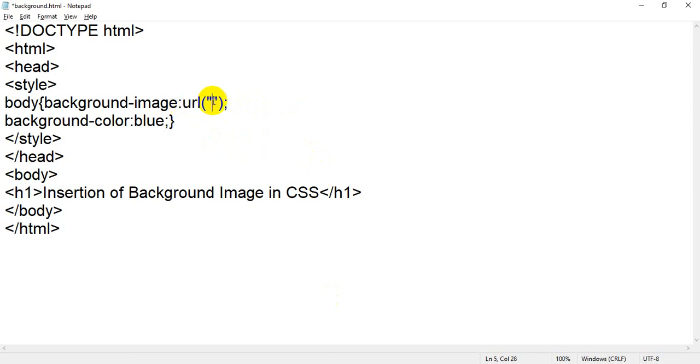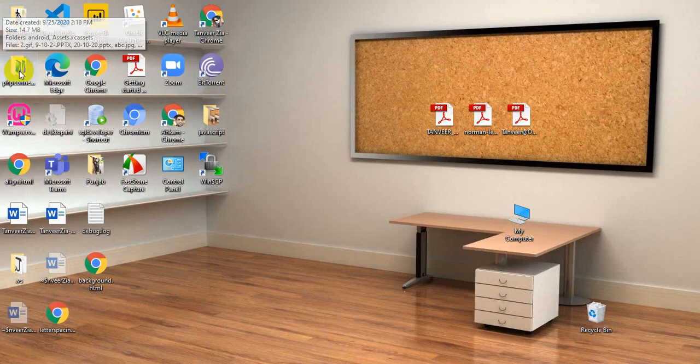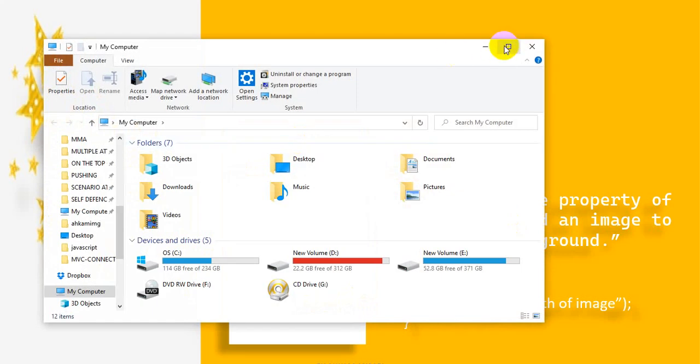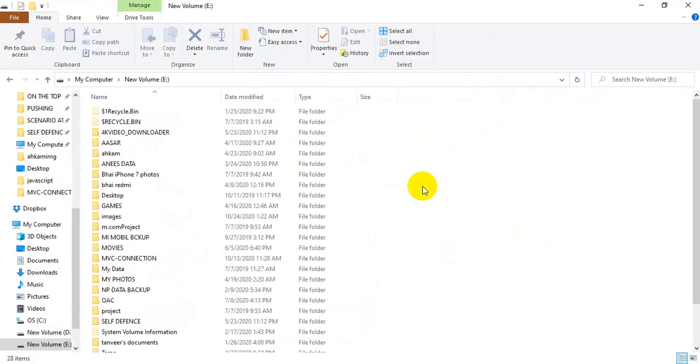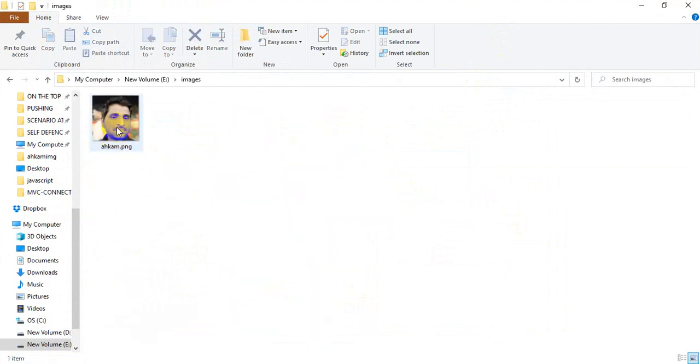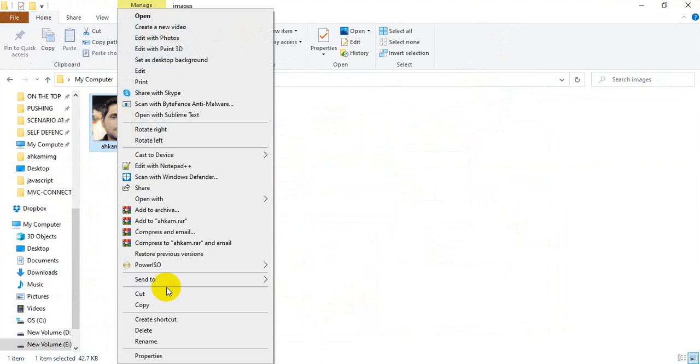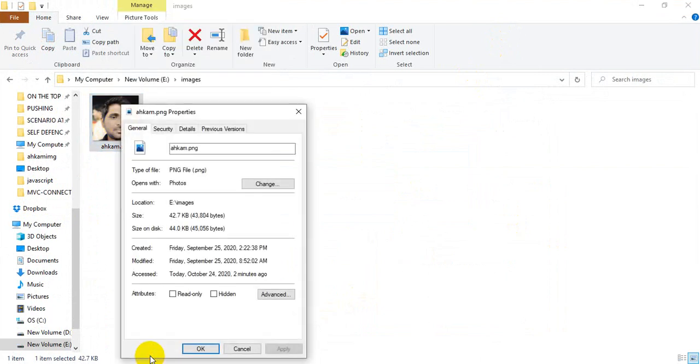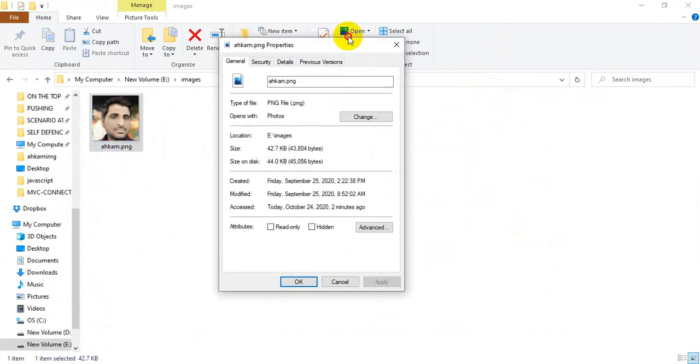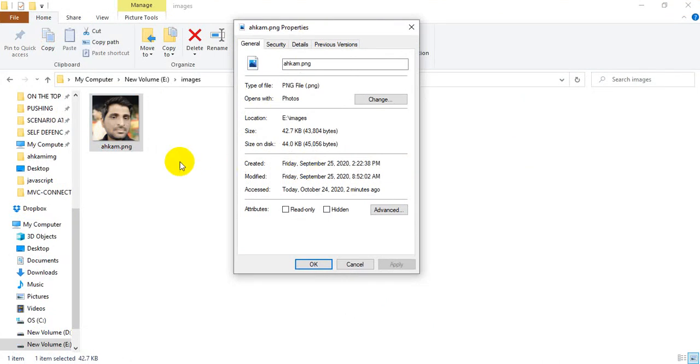So how will we get the full URL? Simply go to the image which you want to insert. I will go in my computer, and inside the E folder I have created one folder called images. I click on it, right click, go in properties, and you will get a properties window of that particular image.